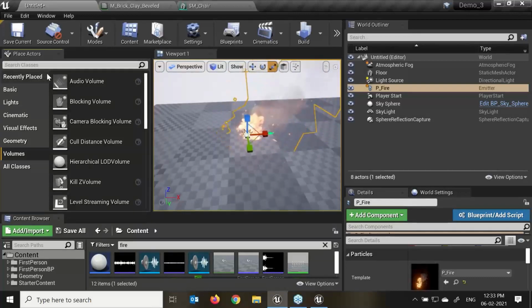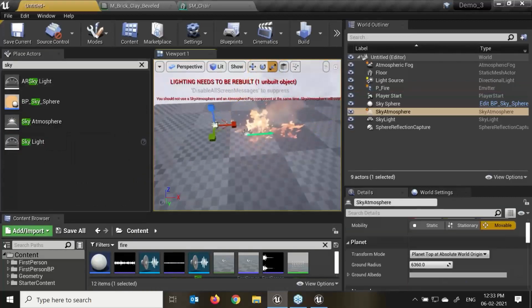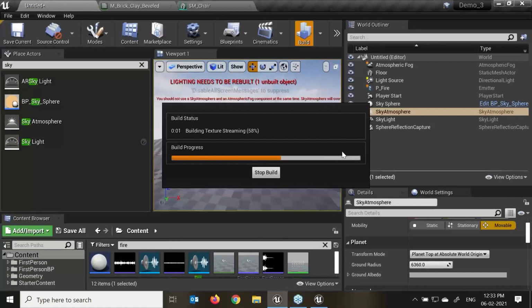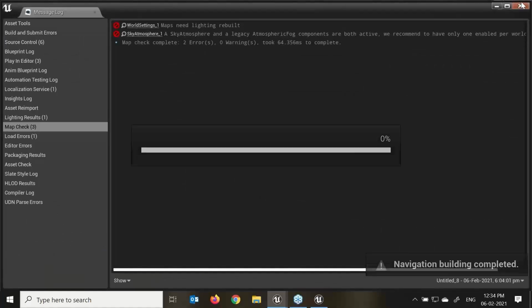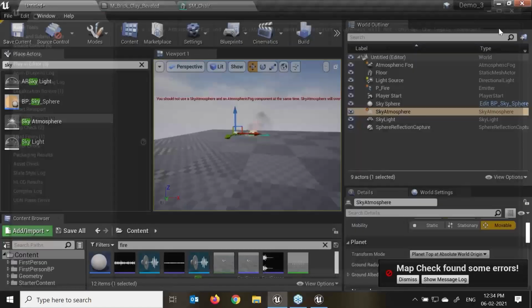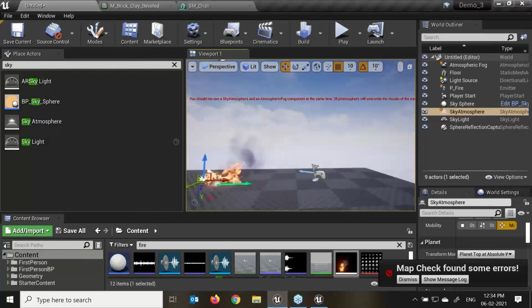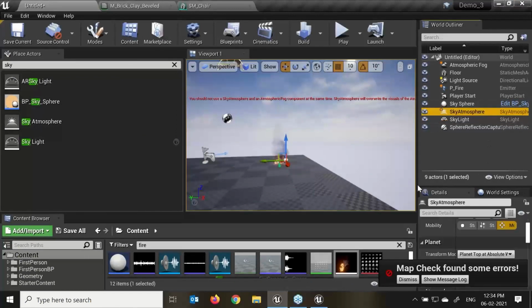If I say sky atmosphere, right? Sky atmosphere, if we drag and drop it over here, we need to rebuild. Click on this build light. Sky atmosphere component in Engine 4, physically based sky and atmosphere rendering techniques. So just select the sky atmosphere. Here we can see sky atmosphere, just select that.